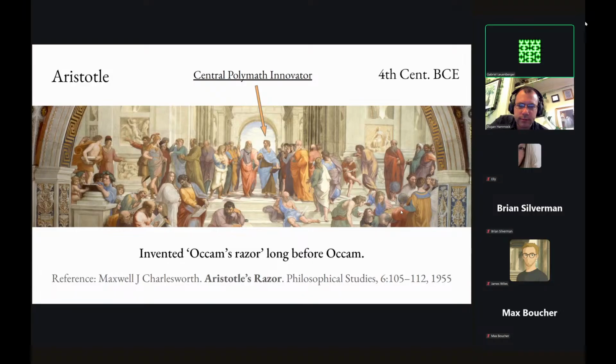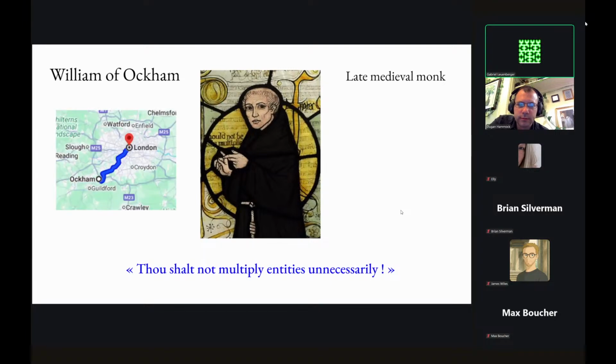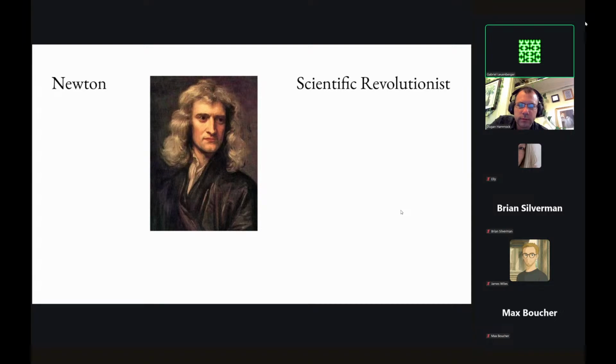And now we jump literally ages forward to the late medieval times, where William of Occam lived, after whom Occam's razor is named, obviously. Occam is the town where he's from. Down here you can see the most common formulation: "thou shalt not multiply entities beyond necessity." He was a scholastic, and this arrow from scholasticism to modern science essentially represents the scientific revolution. And if you think of someone else who comes from around London and has something to do with the scientific revolution, of course, that's Isaac Newton.